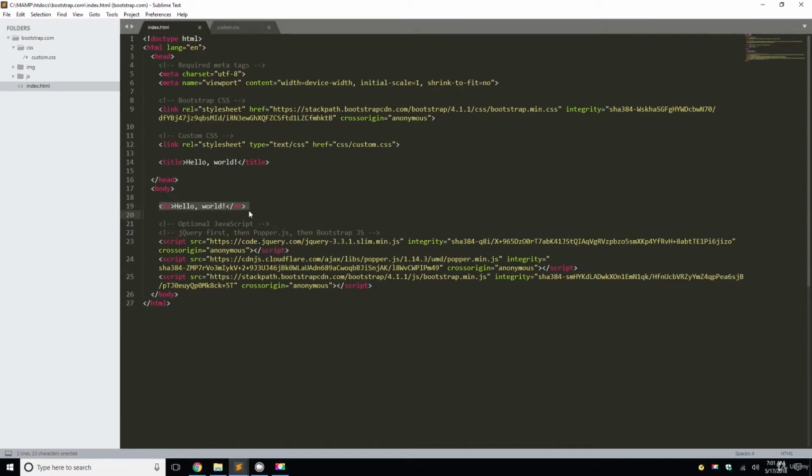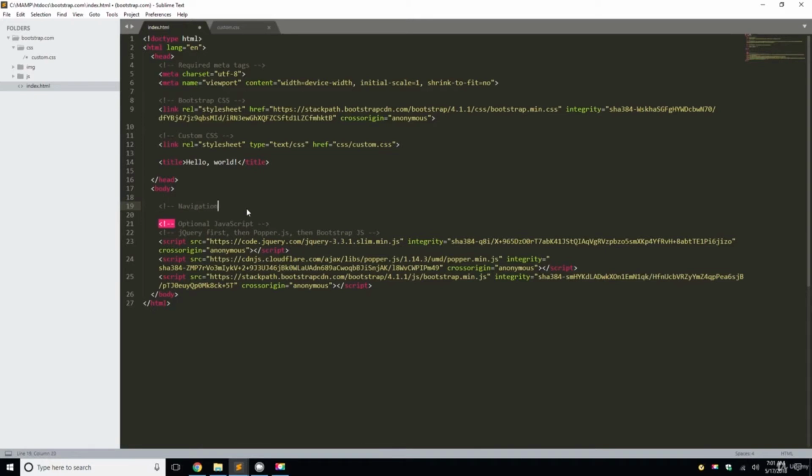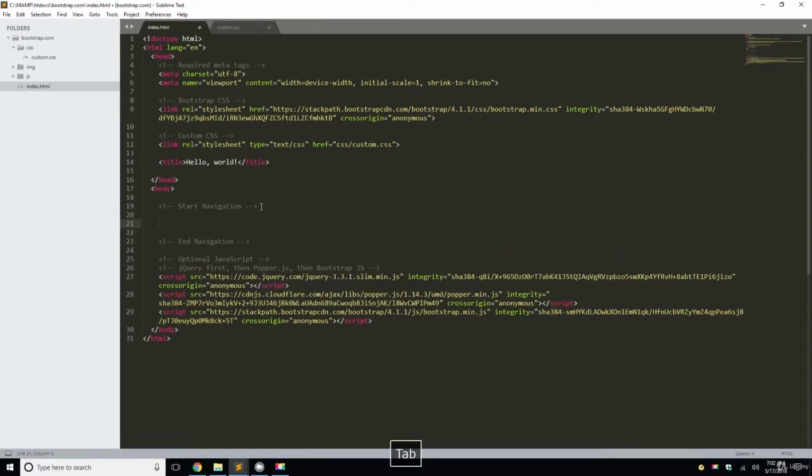Okay. So now let's go into the index, and we're going to delete hello world. If it'll let me. Let me try again. There we go. So we're going to comment this out. Navigation. Okay, and we're going to do, so let's do start navigation, and then we'll do end navigation. So let's copy that and return twice, and then end navigation. So we'll hit Control and the left arrow to kind of tab around,